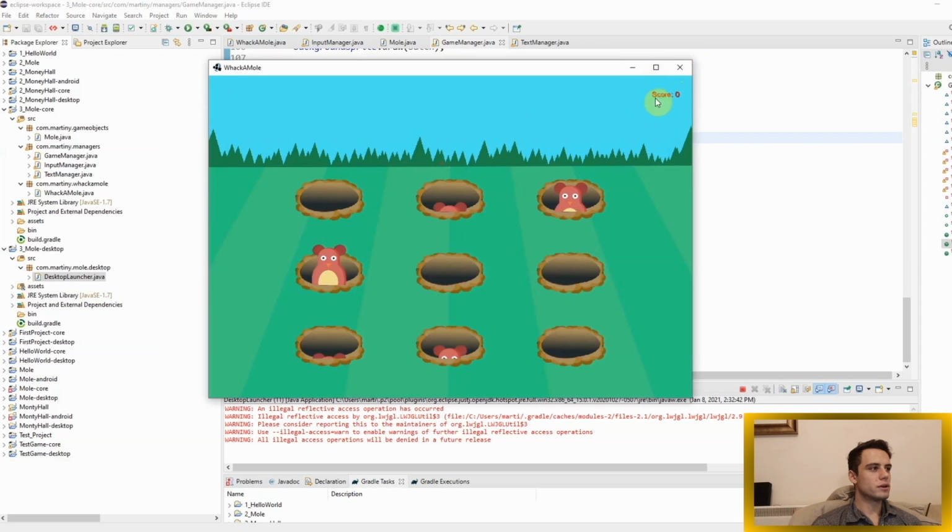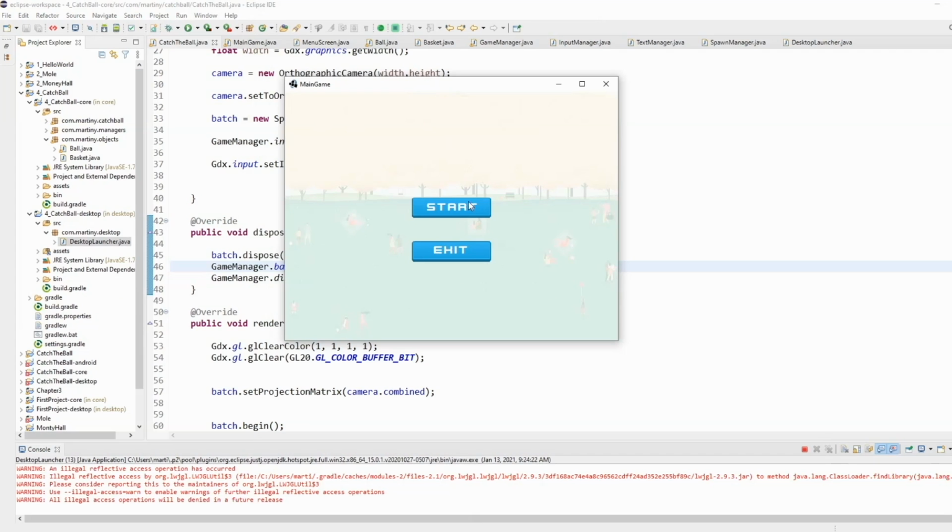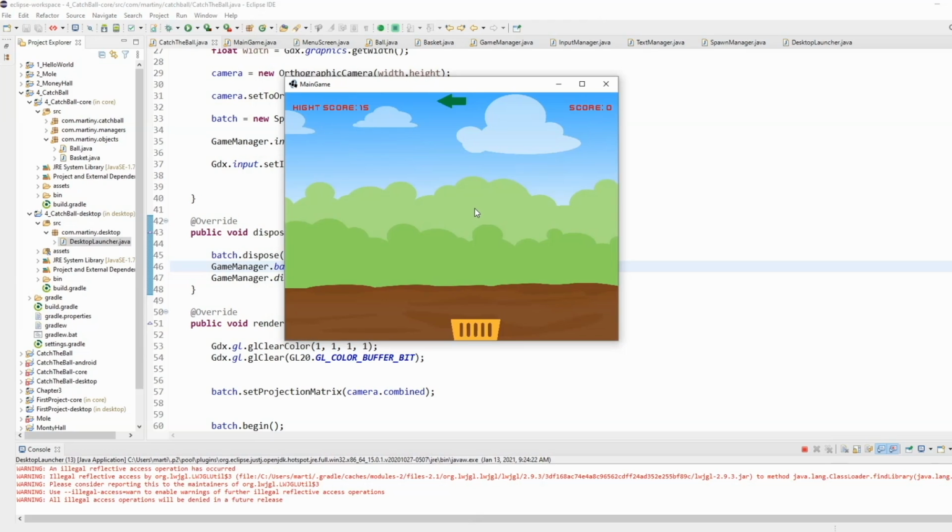The Hit Them All game will teach you how to develop multiple objects just by using a single source, how to add a score detection mechanism and even sound once you hit them all. Then you will create the amazing Catch the Ball game, and this game will be a dramatic boost of your game development skills. You will practice the creation of the menu screen, recording the top score, playing background music and